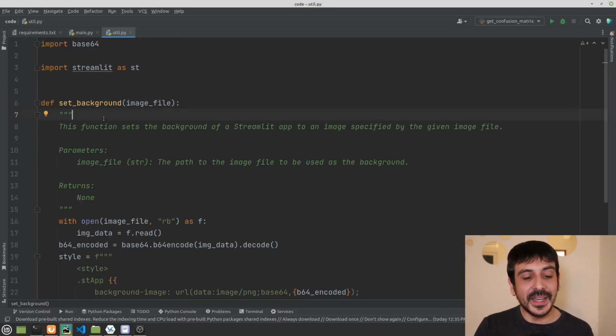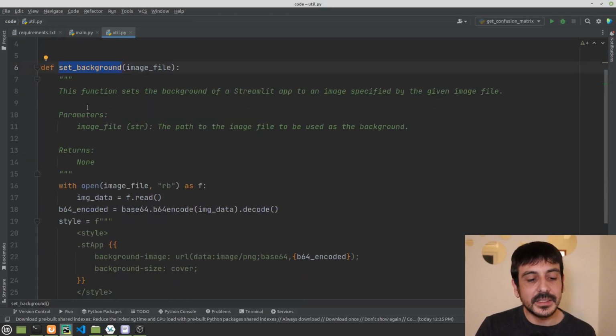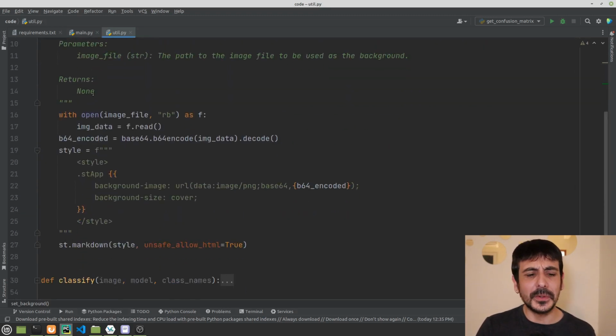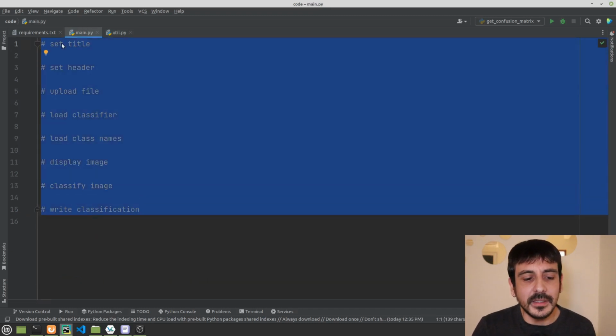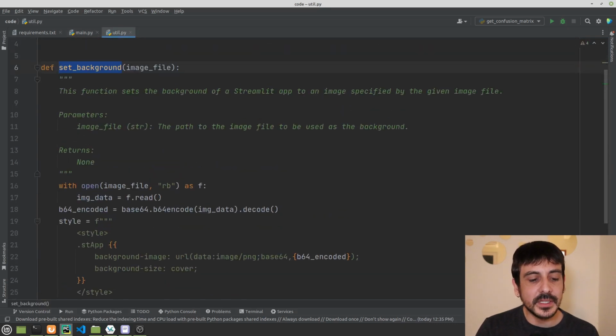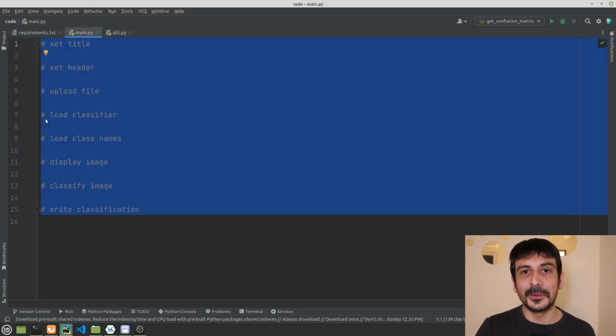So this function is only a detail, a very meaningless detail, in order to make everything look much nicer and much prettier, but it's not really that important because it's not going to affect the entire functionality we are going to be defining here in this process. So that's why I thought it was a much better idea to just use this function from a utils file, so we don't really lose time coding this function, and we can just use it at the end of this tutorial, at the end of this process.